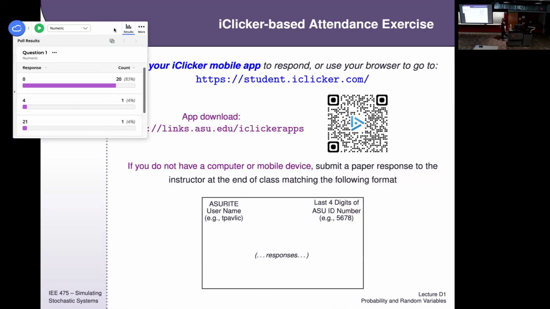All right, so the results I got: 83% of you chose 0. And I guess these ones were typed in differently here. Oh, right, gotcha, the frequency distribution. And then these other numbers seem a little random, but 4 and 21, but 0 is what I was